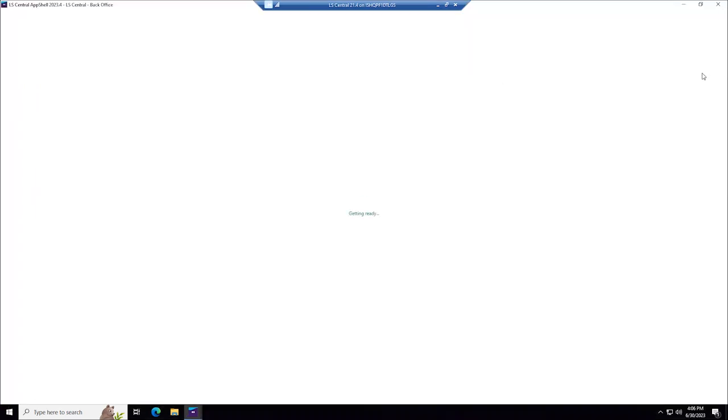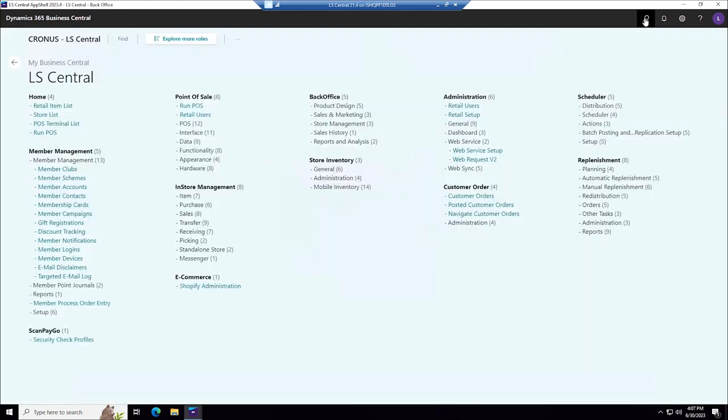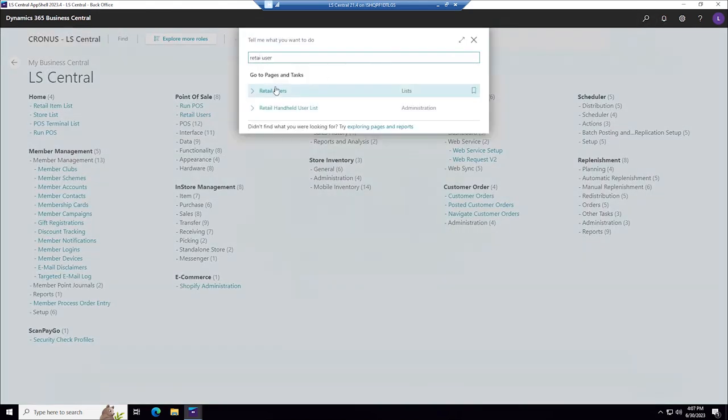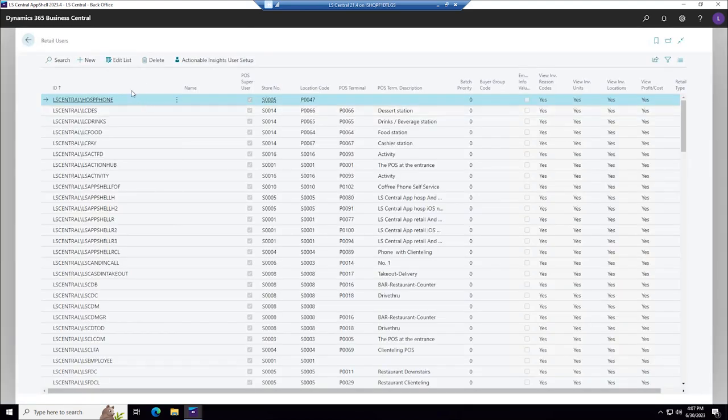Where is it we put in the user with the terminal? Where do we look? We are going to go into retail users. Isn't that the place where we connect users and terminals? To give you a little hint, we are going to look into store 1, or S0001.